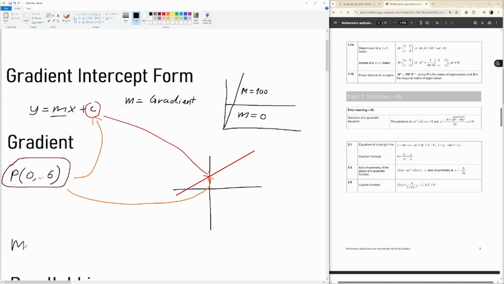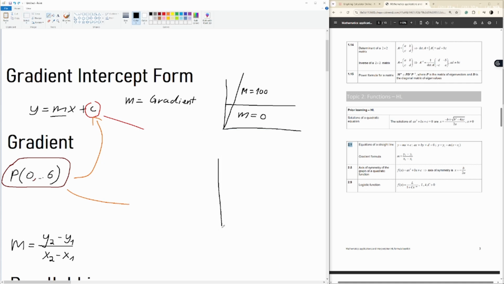The formula for the gradient is also given in the formula booklet, and it's the following: y2 minus y1 divided by x2 minus x1. This is also given in your formula booklet right here, under 2.1. And how this works is actually quite simple. In many cases, when you're dealing with your paper 1 or paper 2 questions, or I think this can even be on your paper 3 as well, you're given something like this,